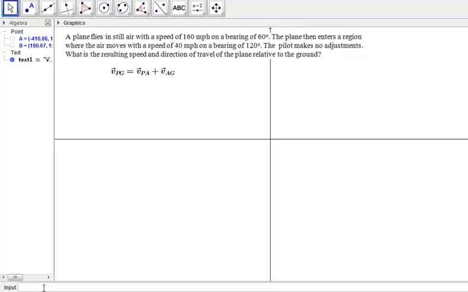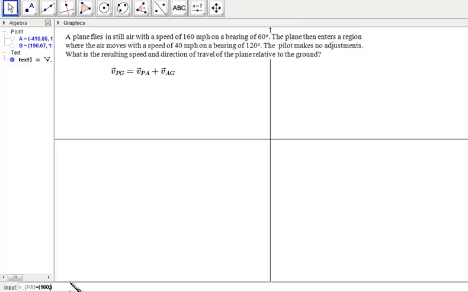Let's use the input bar. So the velocity of the, and I'll just say plane relative to the air. To make something subscript, we have to use the underscore. And if there's going to be more than one character in the subscript, then we have to place those characters in curly braces. If it was only one character, then we would not use curly braces. That's the velocity of the plane relative to the air, and that's going to be a velocity whose magnitude is